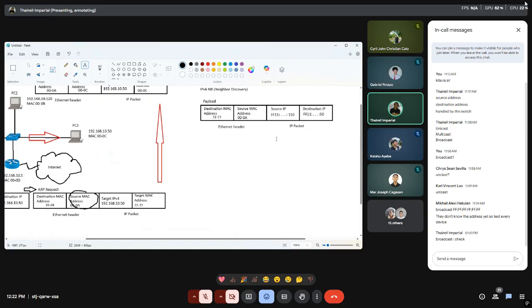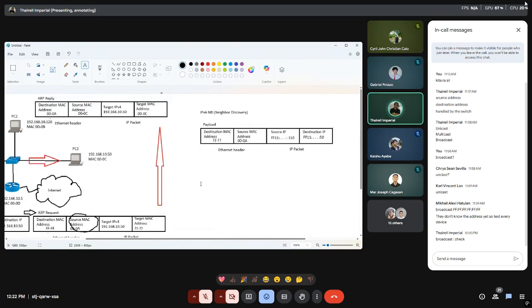but the name of the request is not ARP request. So you might be thinking, sir, will this packet request contain information involving IPv4-related stuff? No, it will not include those. That information is not placed there. It will only include information specific to IPv6 operations.